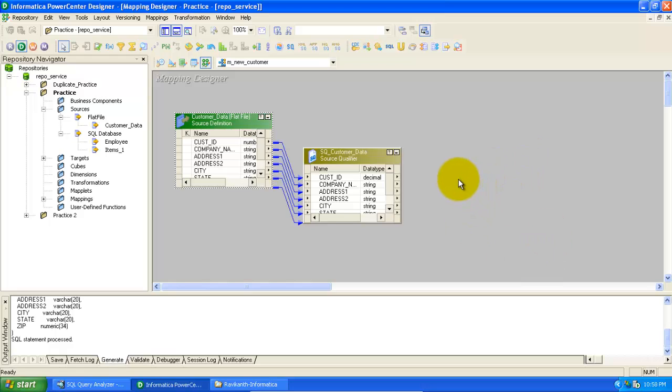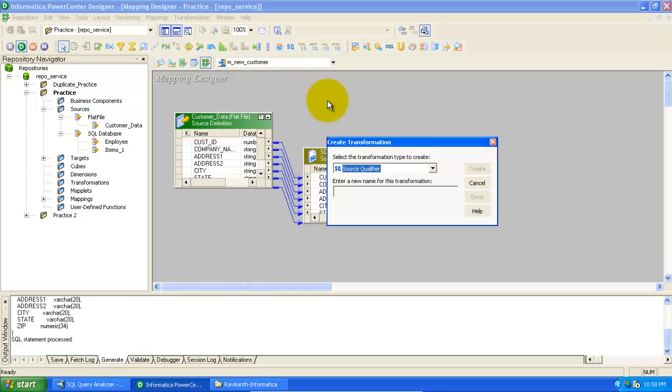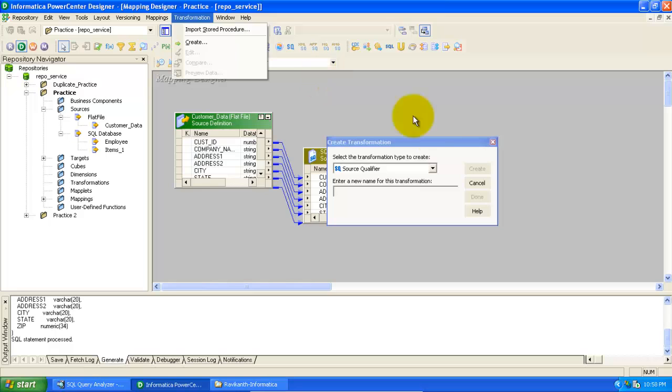So to achieve that particular business requirement, we need to look into the database, right? While loading, the system should look into the database to omit the records which are already existing. So to look into the database, we will need to use the lookup transformation. For that I will be selecting transformation and create.